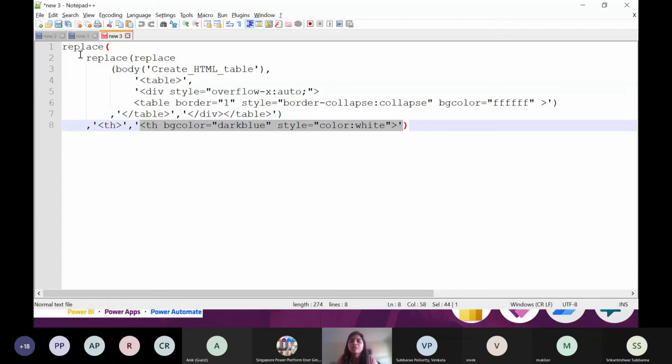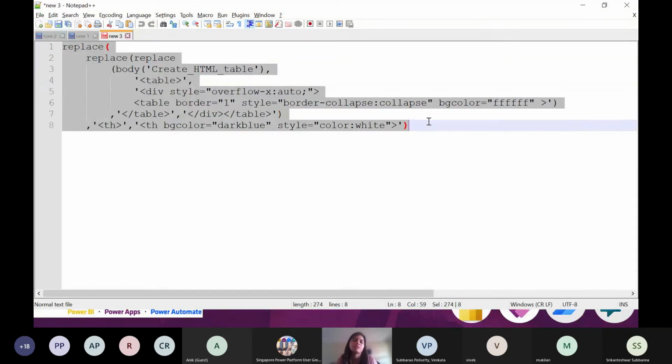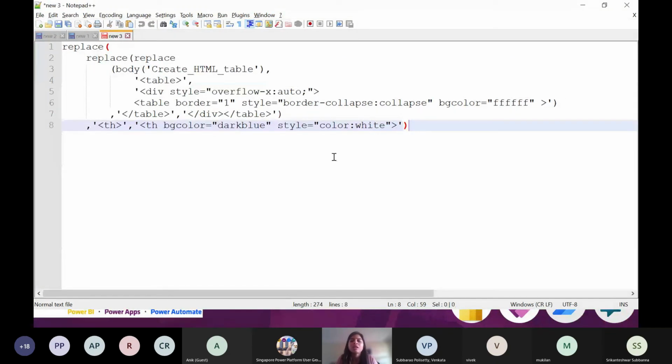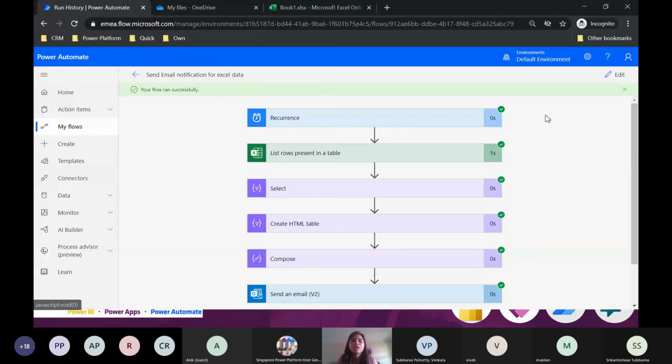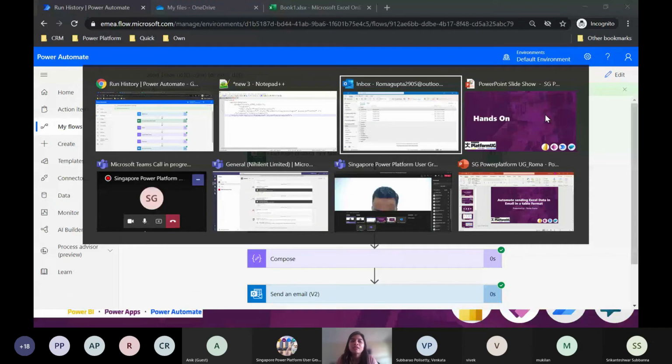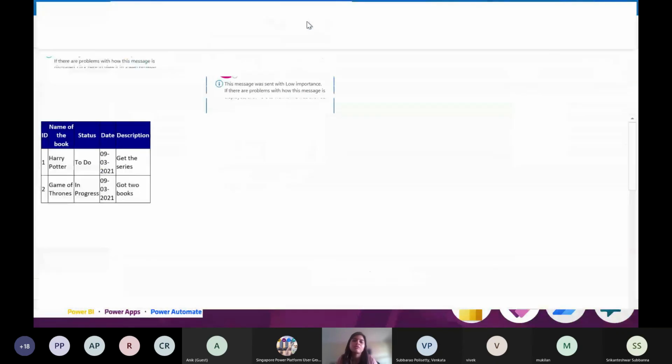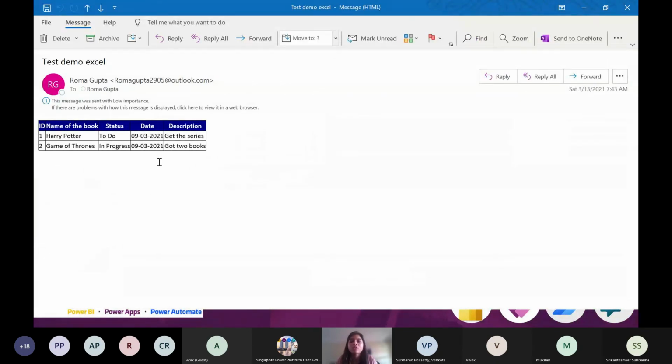So this was the third replace that I've used. I have copy pasted the entire script and placed it back in my folder. If you notice, coming back to the Excel, since I've closed it, I'm getting my date in the correct format, but in most cases, I'm going back to my Excel.